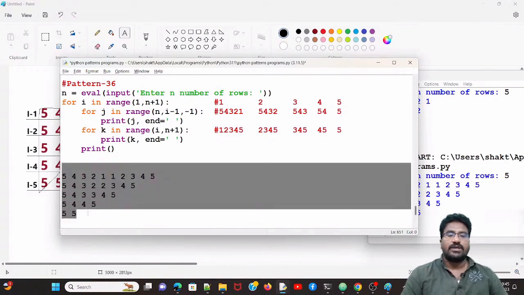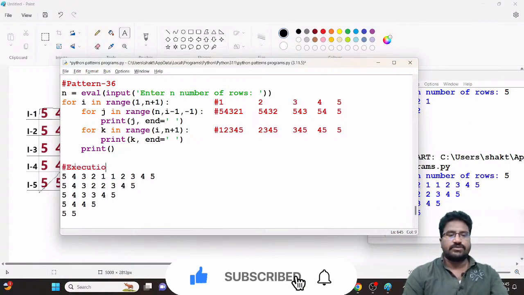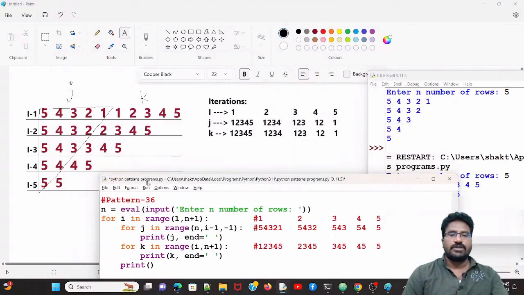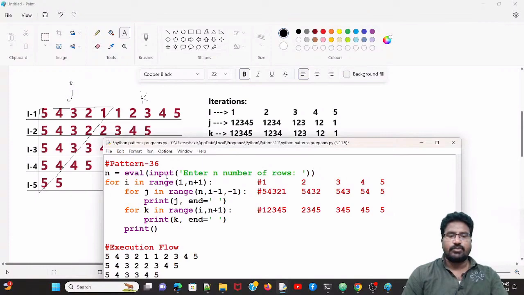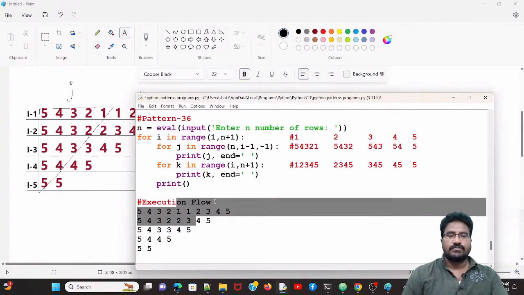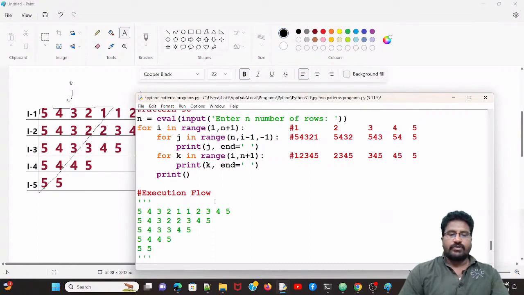This is called what? Execution flow. All of you. This is the execution flow, right? So all of you observe here. This is analyzing the pattern, iterations, then program, then execution flow, guys. Execution flow. All of you, okay? Right. So this is over, right? Now all of